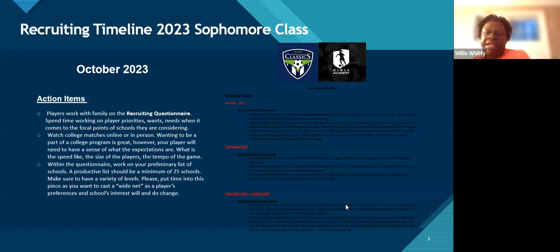And as the player starts to narrow down things they want to see, they might not see it in one. They might see it more in a 2 or more in a 3. They might want a small school environment, focus really highly on liberal arts. It might be more of a 3 fit. Unless your player is really hard pressed on being a pro soccer player, any division can produce a very high quality team along with a very high quality experience. To me, and it's my preference, I want to see these kids go places and play and have success. You can do that at a lot of different divisions. It doesn't all have to be one.